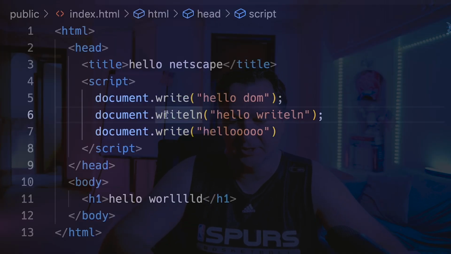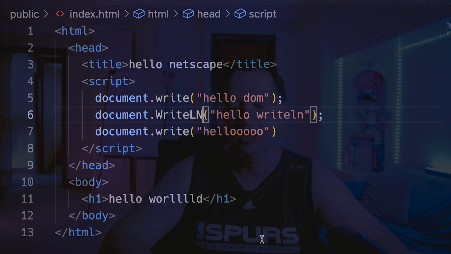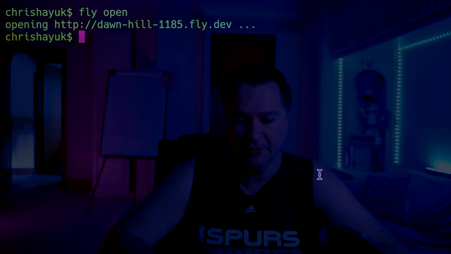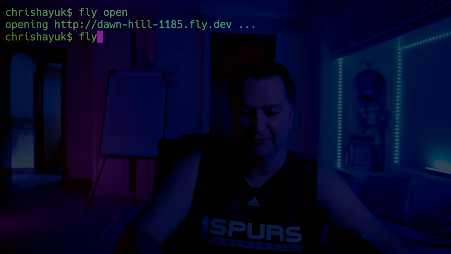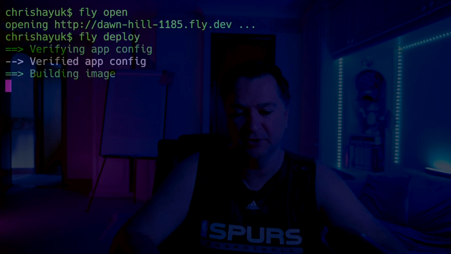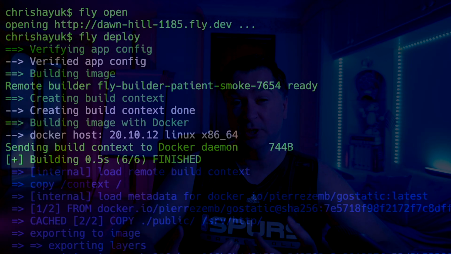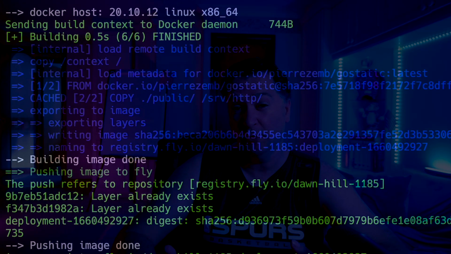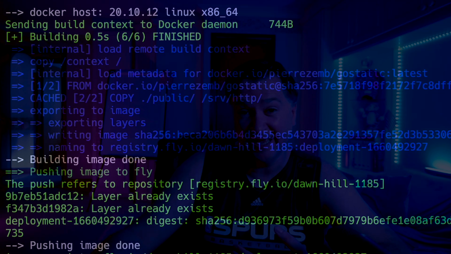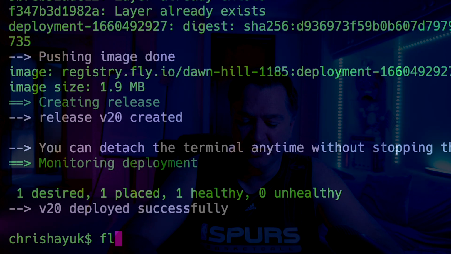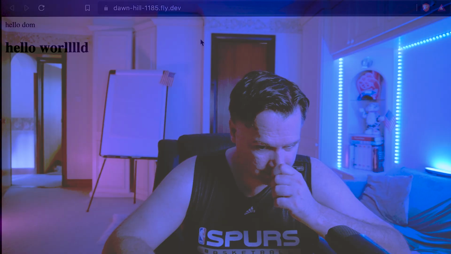So what I'm going to do is I'm just going to change this to document.write, Hello, WriteLn there. We are going to do a fly deploy. So that'll take a few seconds to do that deployment. Once that's deployed, what we're going to do is look at how that looks in a modern browser, but we'll also look at how that works in Netscape Navigator 3. So it'll take a few seconds to get this deployed. So if I do a fly open,